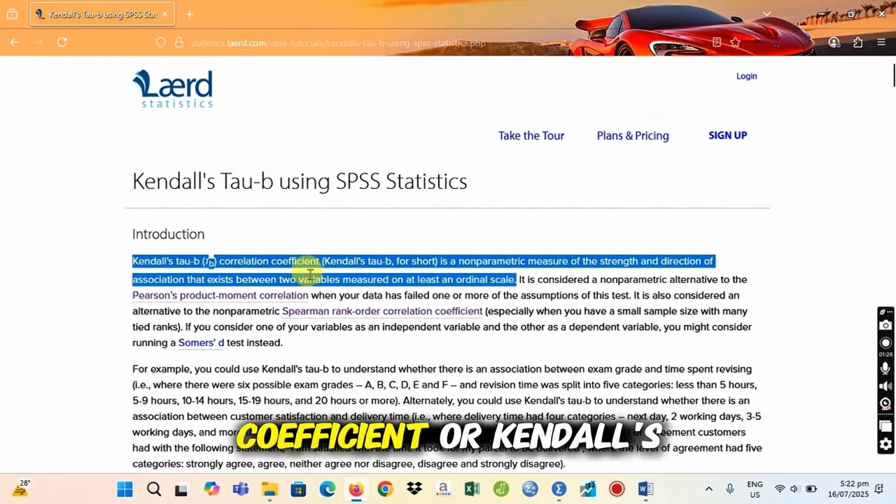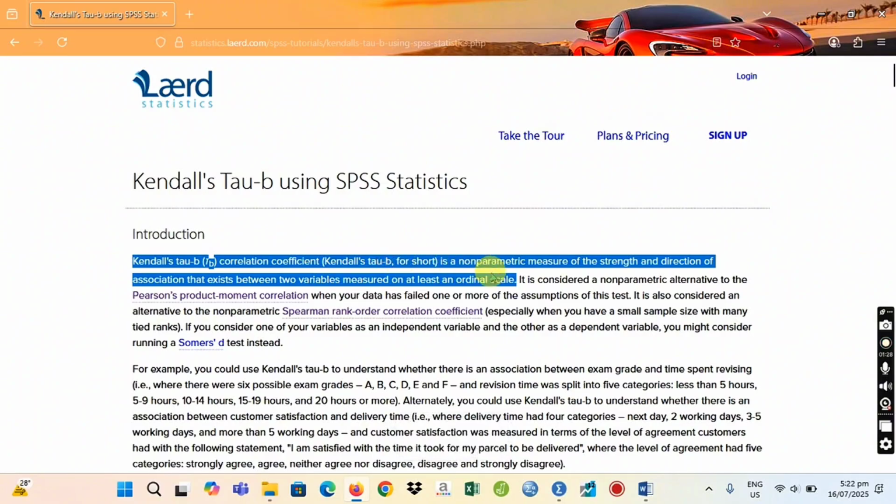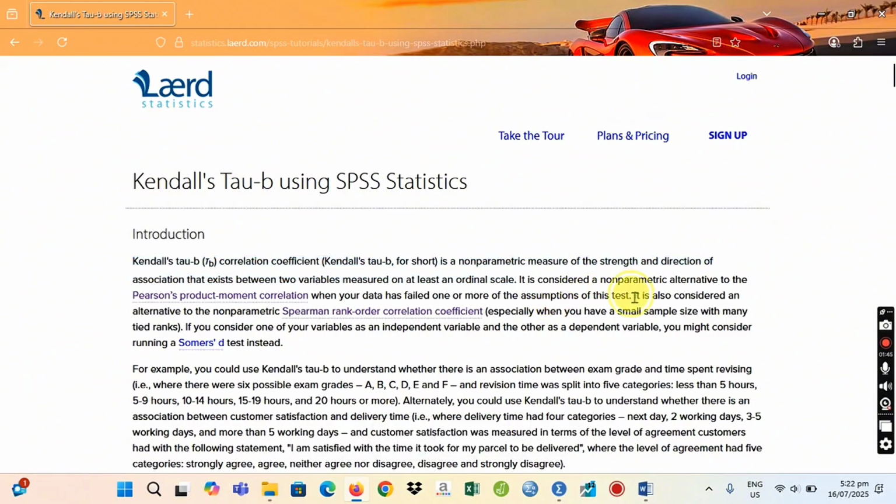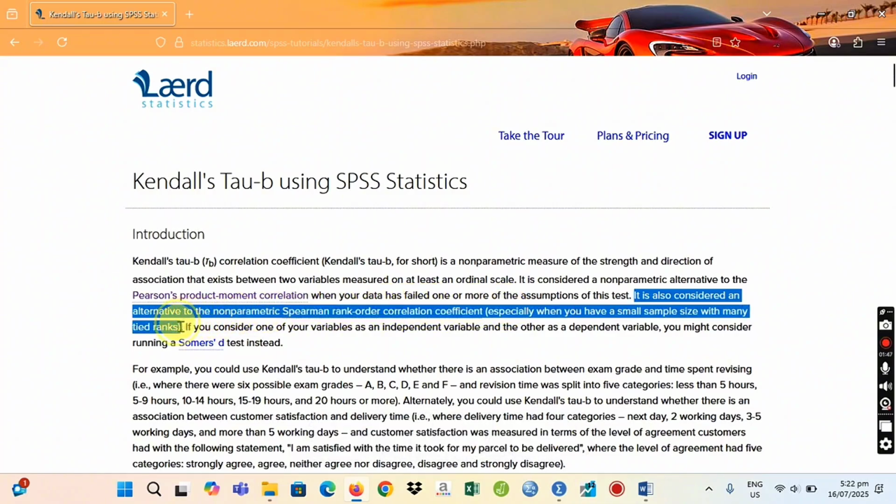The correlation coefficient, or Kendall's Tau B, is a non-parametric measure of the strength and direction of association that exists between two variables measured on at least an ordinal scale. So we have an option if it's a Spearman or Kendall's Tau. So let's have this one.